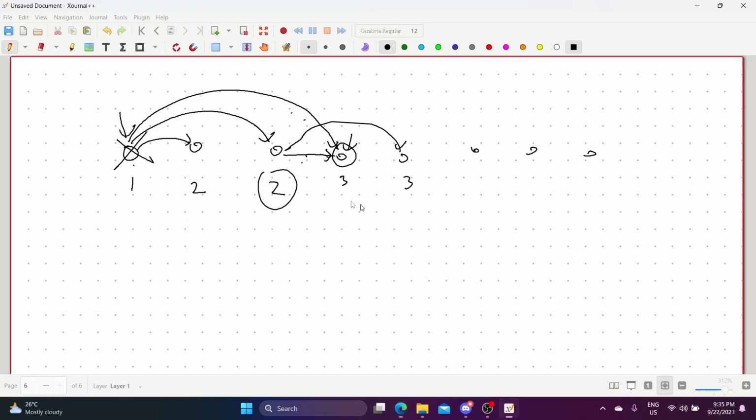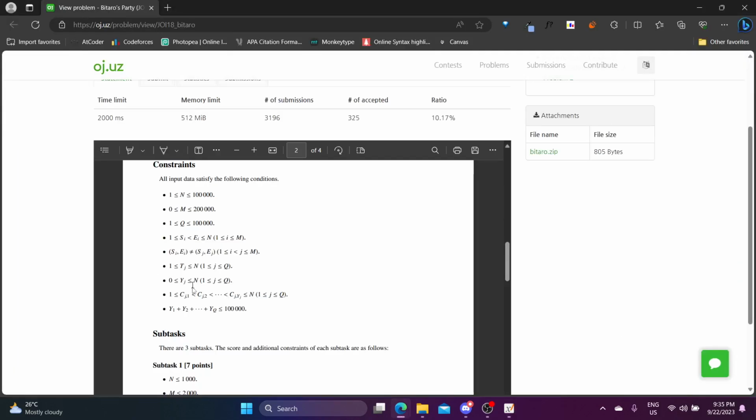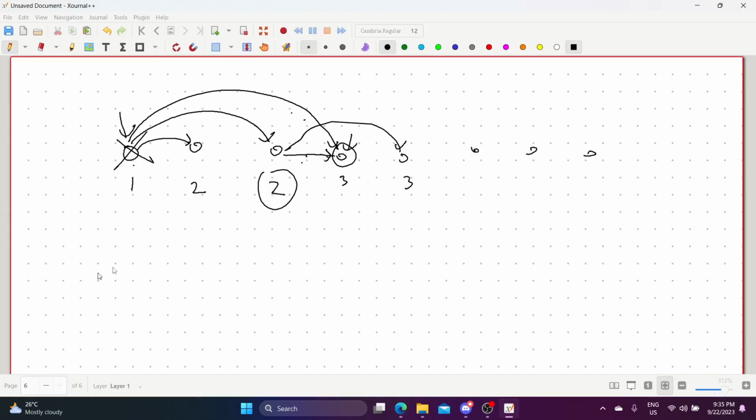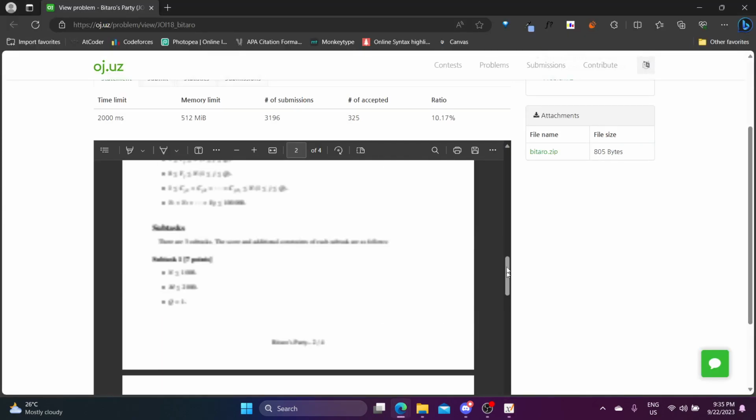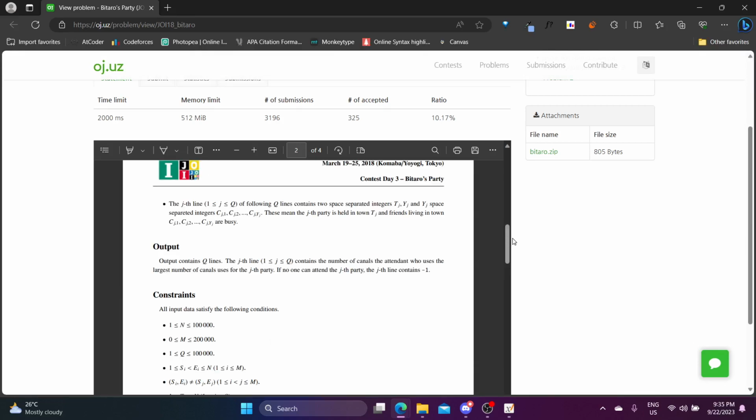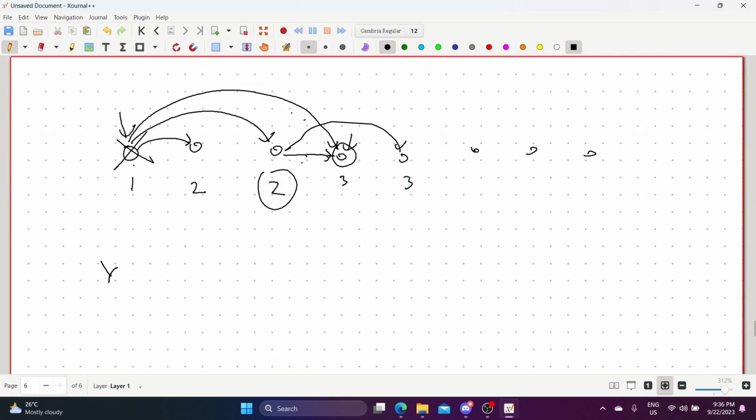We assume that the size of the set, I think in the problem is t or y. This y is the number of illegal start vertices. So if y is smaller than or equal to square root n, right,